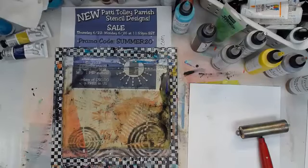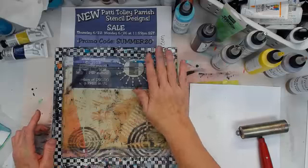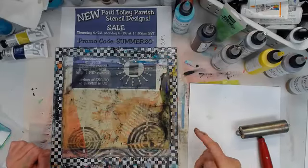Okay, what time is it? 47. I've got time for one more. Let's do a cleanup through a stencil. And this I'm gonna, because I've got a lot of black bits on here. Is that dry? I'm gonna just use